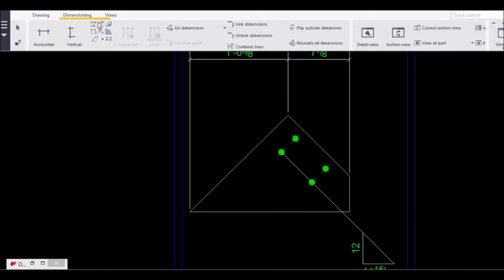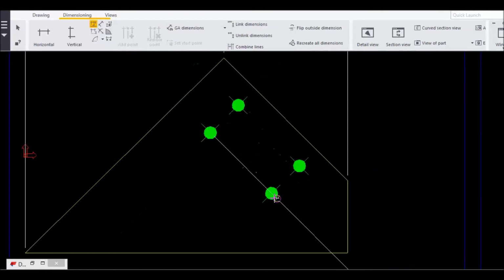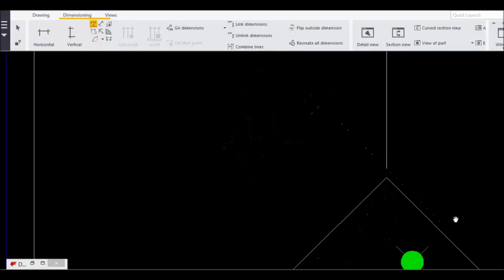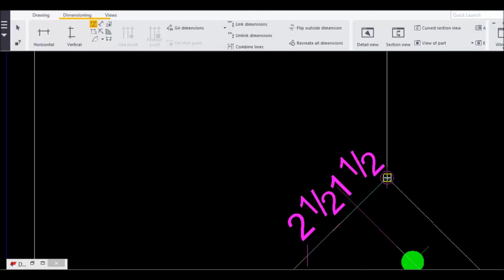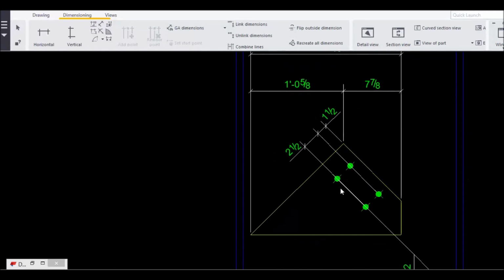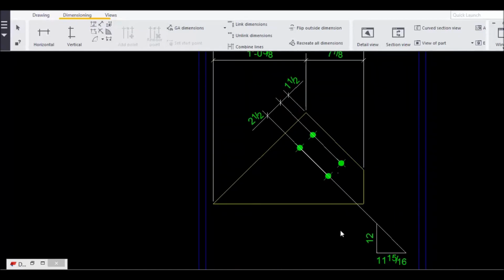Once again I'm giving the perpendicular dimension. For that, you just take this hole, and this is my reference line because I want in perpendicular direction. If you want in parallel dimension, this will be your second point. If you want in perpendicular dimension, this will be your second point. That is the main difference. And now first, second, and this is my third point. I just give. So in this way we will assign the perpendicular dimension.